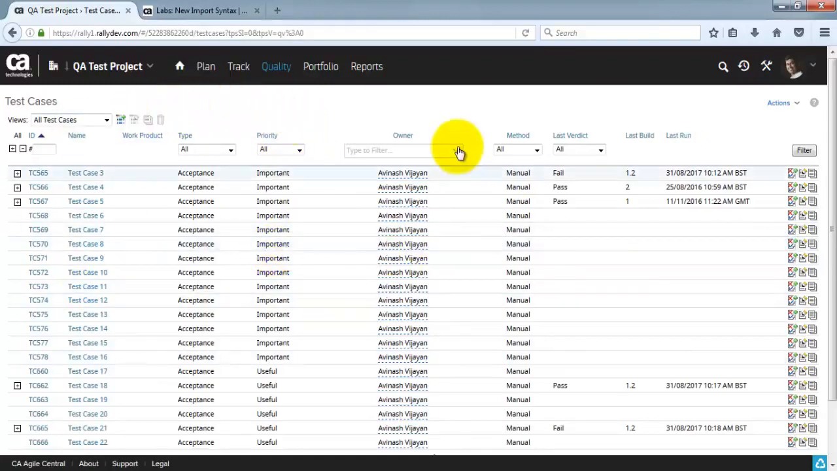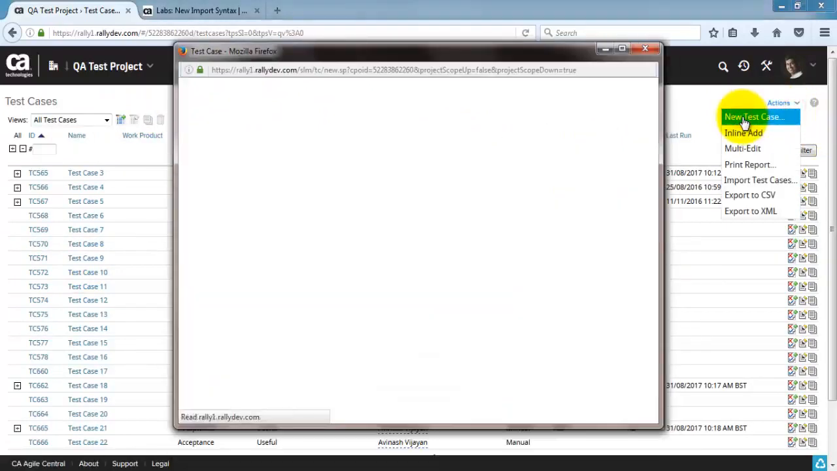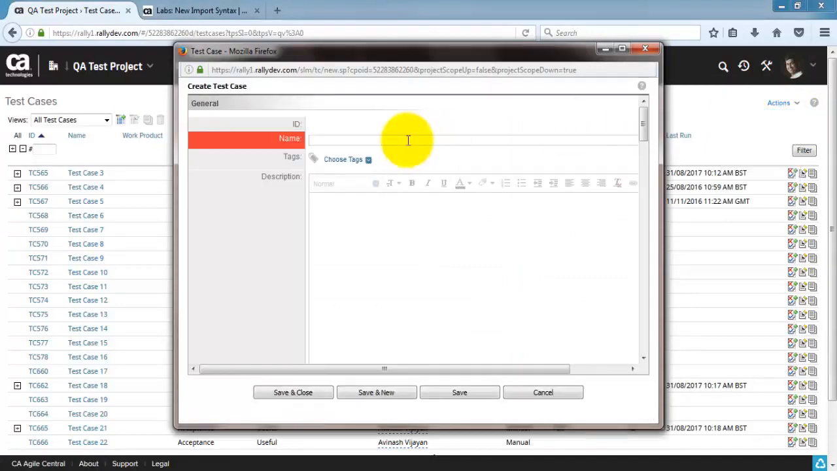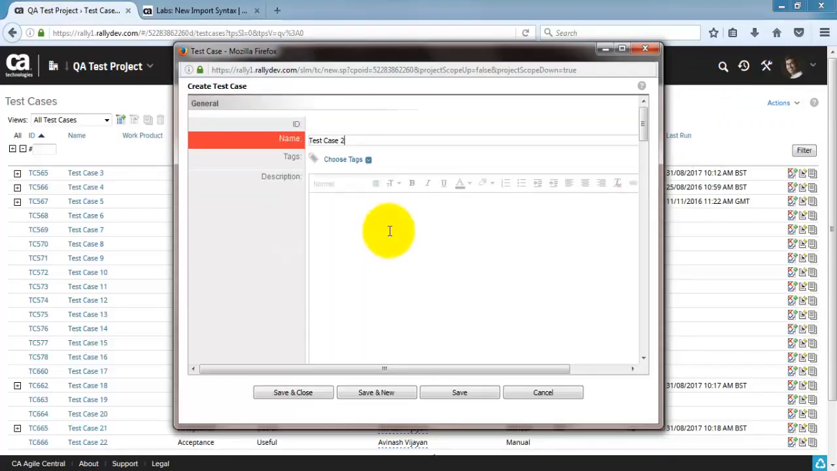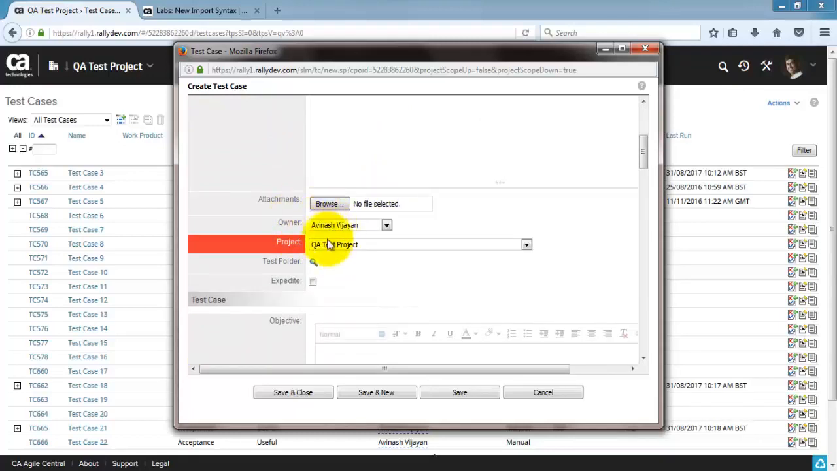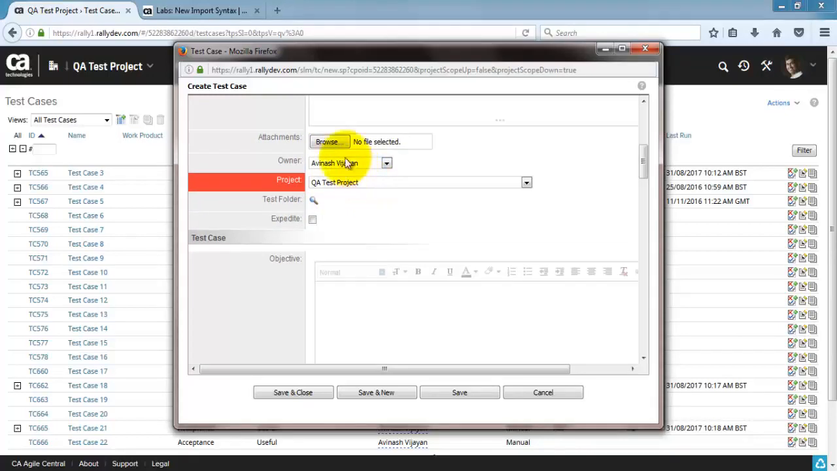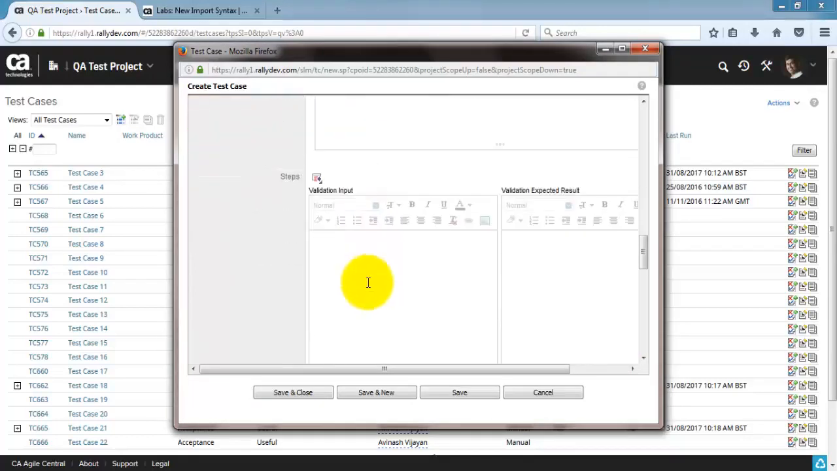You can create a test case from this page by going into actions, new test case, and give the name. Name is the only mandatory field in a test case. You can give the description, your project, so that will be automatically selected. The owner will be your name. You can attach any attachments and you can link it to a test folder, which I'll come to later. You can add an objective, preconditions,